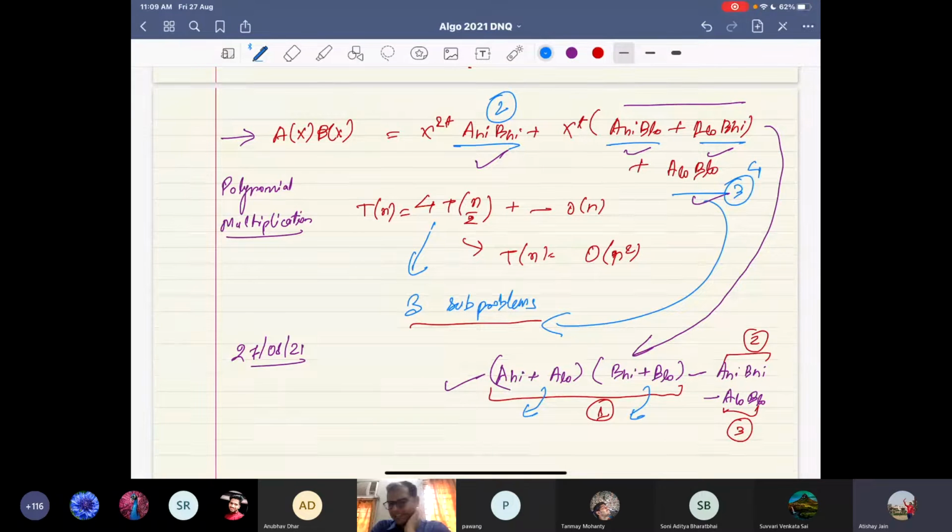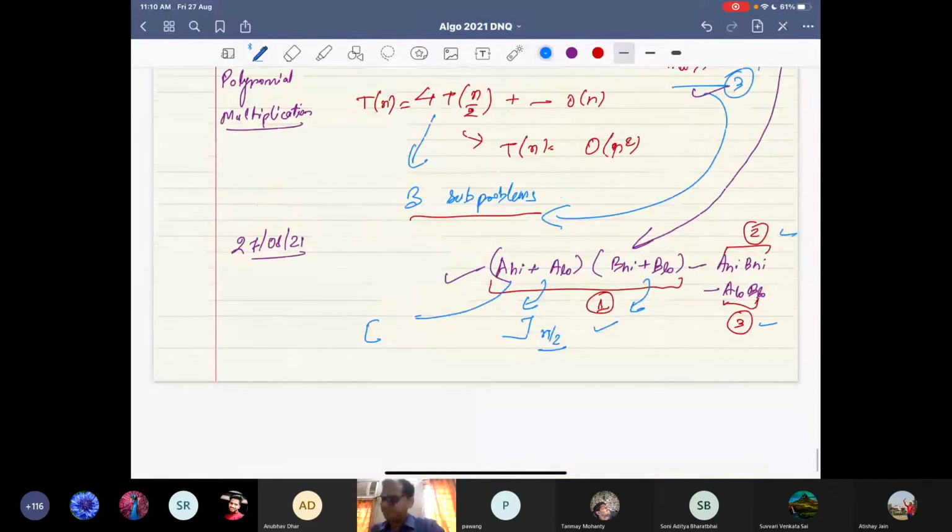Okay. So please do not think of them as scalars. They are all polynomials with some coefficients, and they are up to n by 2 terms. Each one has n by 2 terms. If you add, doesn't matter, they will still have n by 2 terms. So you are multiplying two polynomials of n by 2 terms. So that is 1. Same in 2, same in 3. Okay. So if you do that,